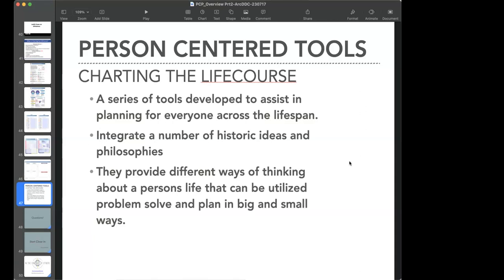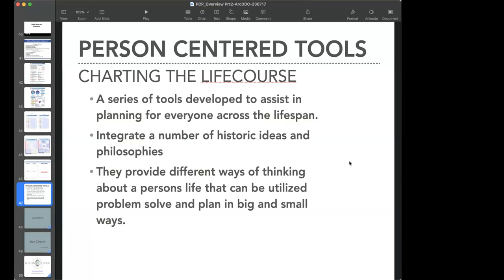It actually integrates a number of historic ideas and philosophies. I think that they provide a different way of thinking about a person's life that can be utilized to problem solve and to plan, whether it be big or small. I think that the other thing it does is it actually gives us a set of tools that are easily